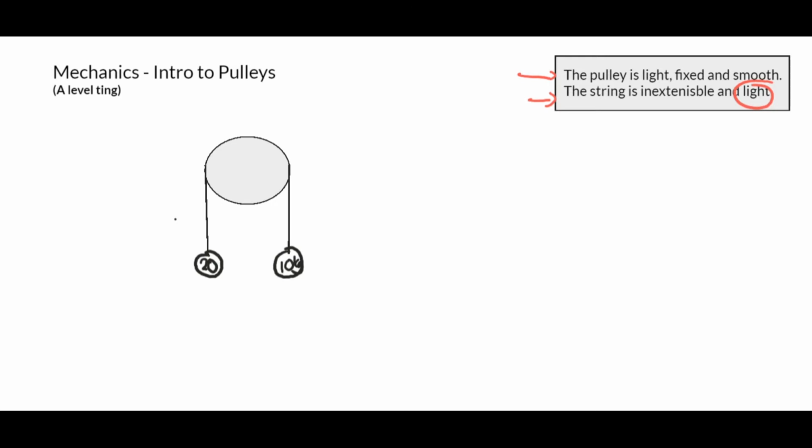Because it's more heavy. So basically, just looking at this right now, I know that this thing here is going to be going down on this side, yeah? It's going to be accelerating down, so a m/s², yeah? That means meters per second squared. Once you've discovered that, you go to the other side and you go up a meters per second squared. Okay, and the reason being is because this string is inextensible, yeah? If it's going down here a meters per second squared, therefore it's going up here a meters per second squared.